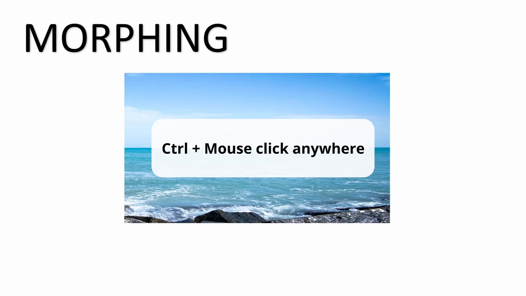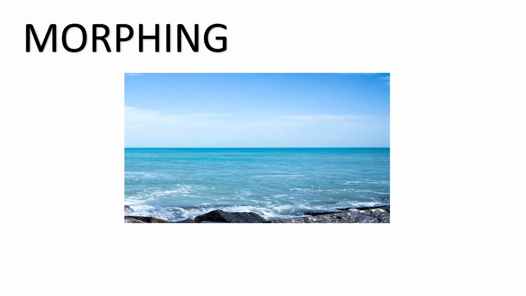Another helpful keyboard shortcut is the virtual laser pointer. If you hold the Control key and then click with the mouse on the screen, you get a virtual laser pointer. Now, why would you ever need this or want this? Because sometimes when you're presenting, you want to draw the audience's attention to a certain word or to a part of the slide. It can be hard to do that, but the virtual laser pointer helps you out with that.